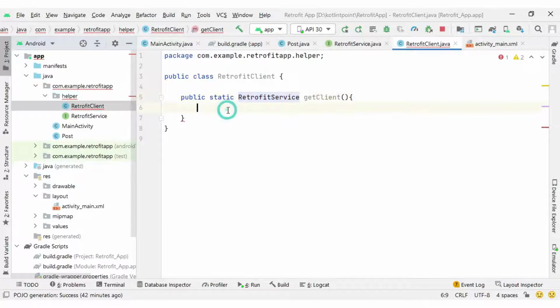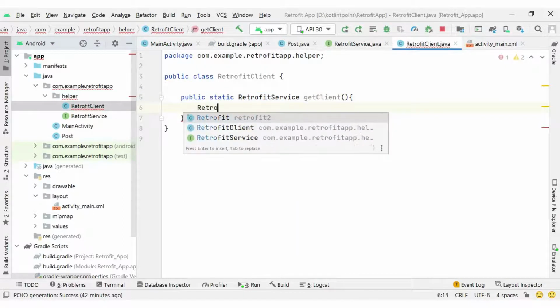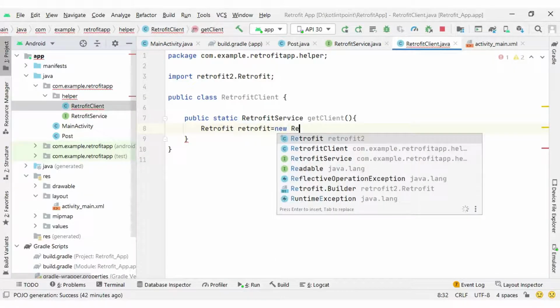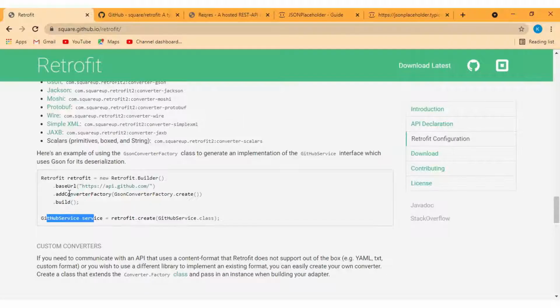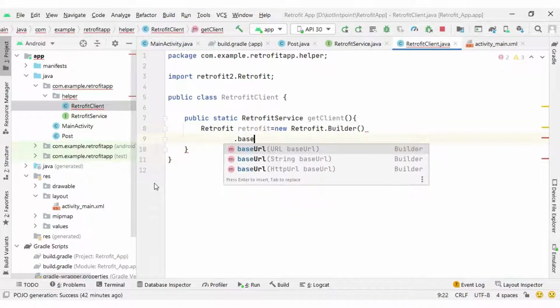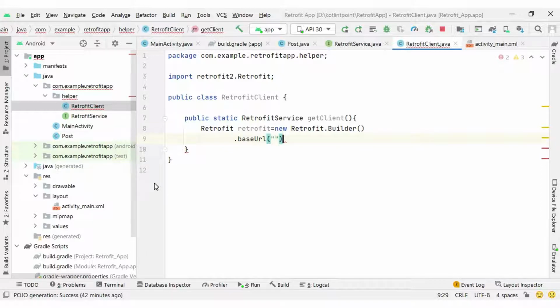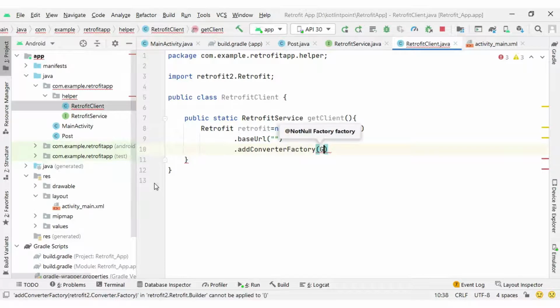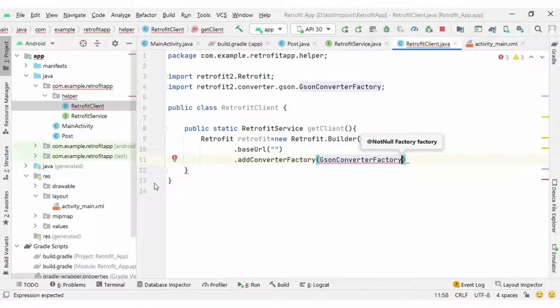So for creating the RetrofitService instance, I will create the Retrofit instance first of all. We can create the Retrofit instance by this code: Retrofit.Builder().baseUrl. Here we will pass the base URL, .addConverterFactory, and we are going to use the GsonConverterFactory in our project.